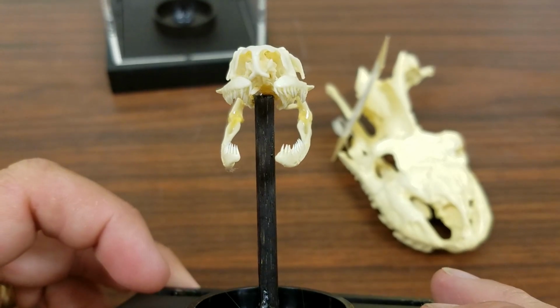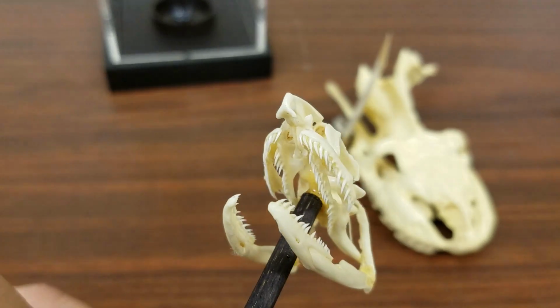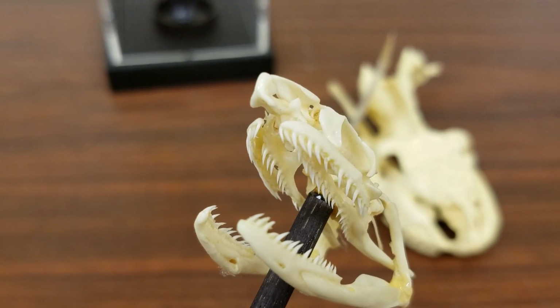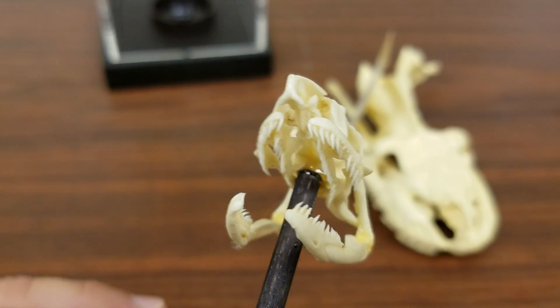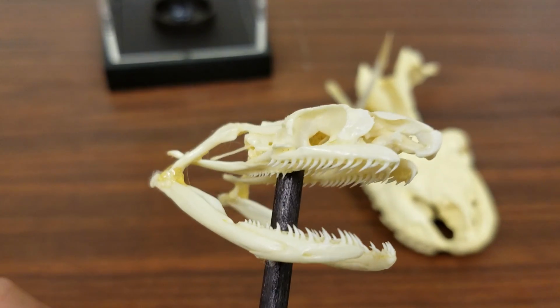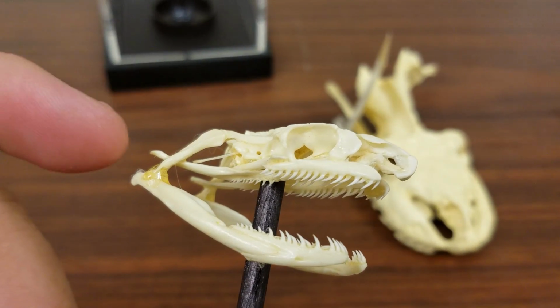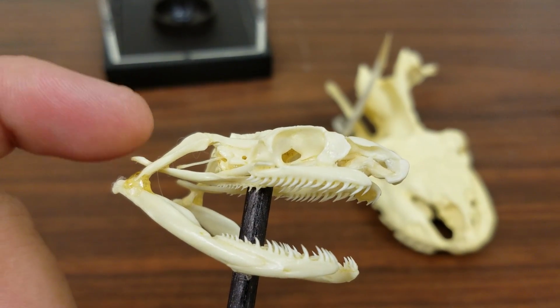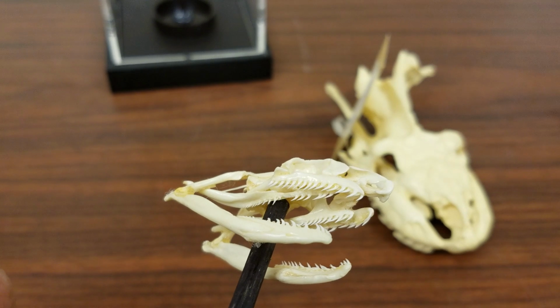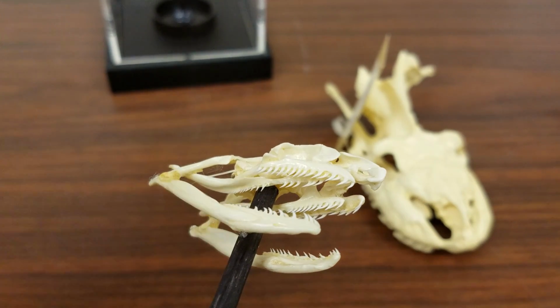So, having said that, let's move on to the top of the mouth. And you should notice in the top, there's actually an extra set of teeth in there. And it's kind of neat, huh? Mammals do not have this extra set of teeth. They are actually glued into place right now, but in real life, this bone back here goes all the way through underneath to that set of teeth. And that bone kind of sits in there with some